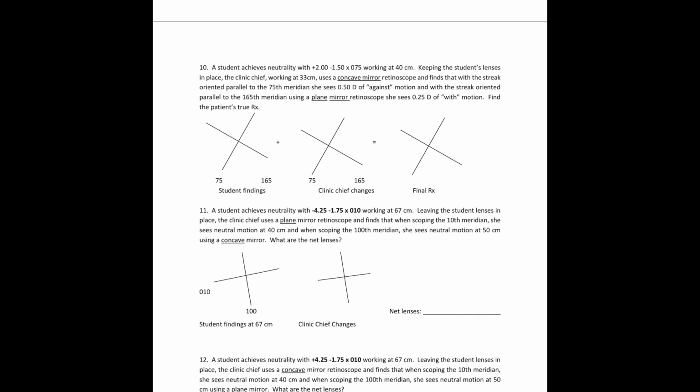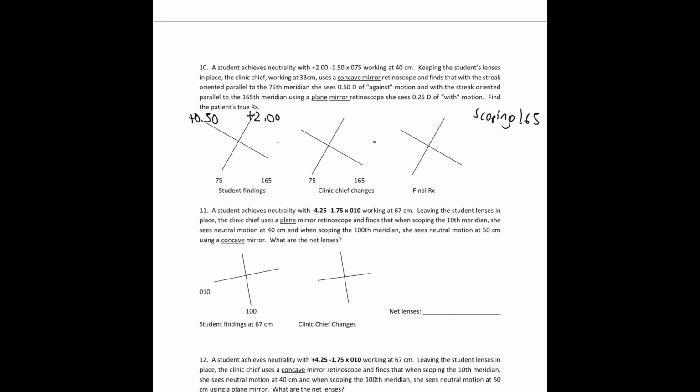Keeping the student's lenses in place. Actually, before we get to that, let's put it on the cross. So plus 2 at axis 75, and then plus 50 at axis 165. Keeping the student's lenses in place, the chief, working at 33 centimeters, uses a concave mirror retinoscope and finds that with the streak oriented parallel to the 75th, which means, so I'm just going to write it as we go. So it's parallel to the 75th, so he's scoping